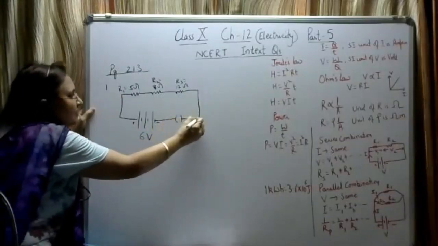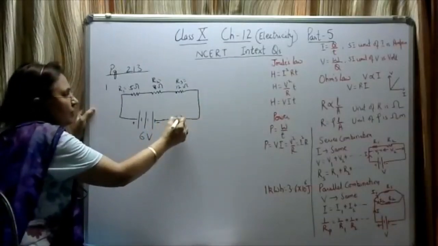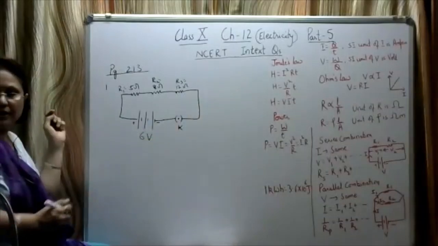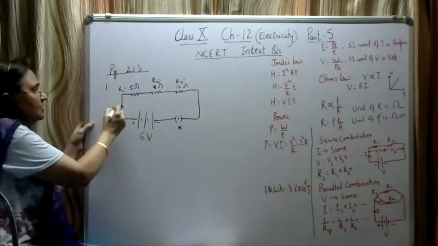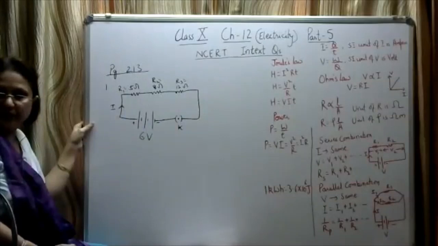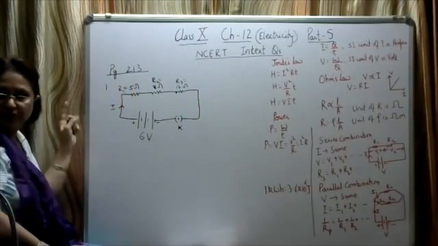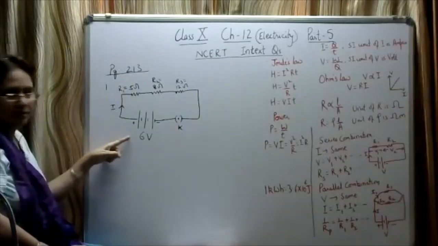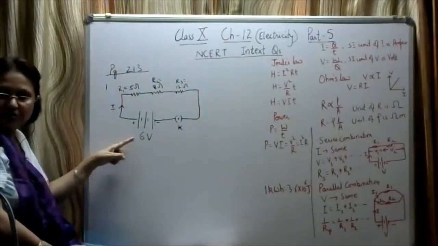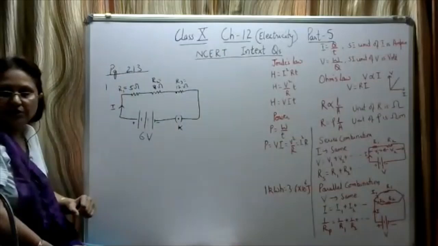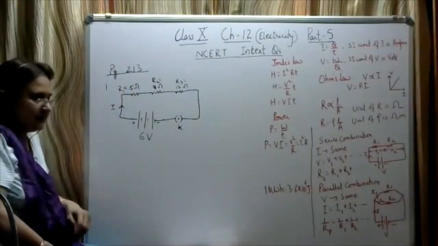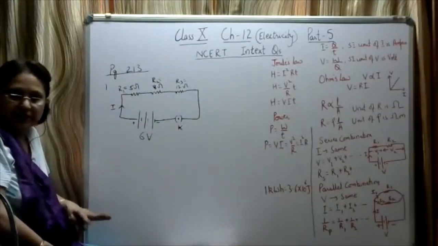So there is a key. This is the symbol for a closed key. Okay, all connected in series. So this will be the conventional direction of the current. The direction of the current also here you have to show in the circuit diagram. So these are the 3 resistances, 3 cells each of 2 volts connected in series and a key, all connected in series. Okay, this is the schematic diagram.